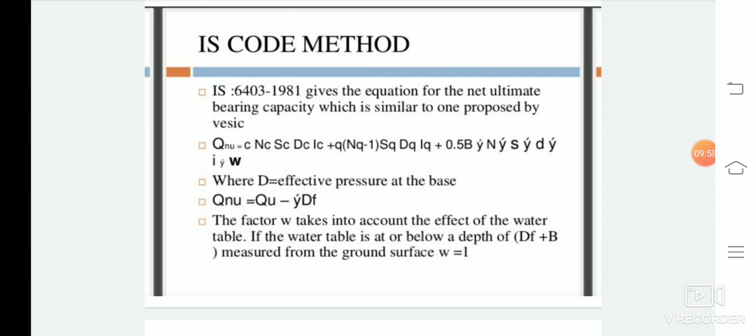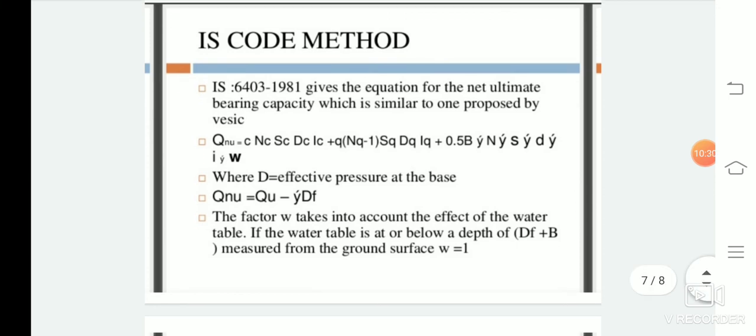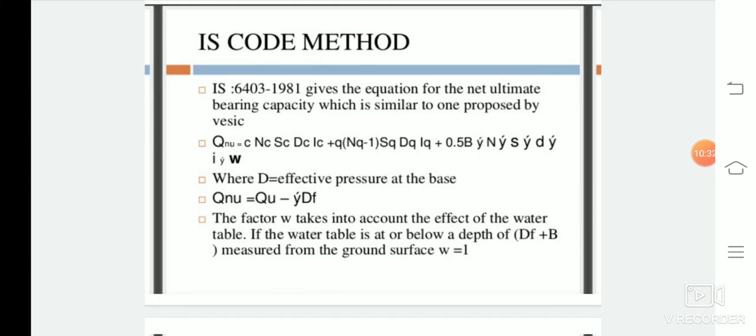And what will be the value of the depth factor? The depth factor dc will be equal to 1 plus 0.2 d by B root over N phi. dq and d gamma will be equal to 1 if the angle of internal friction is less than 10 degrees. And dq and d gamma will be equal, with value 1 plus 0.1 d by B root over N phi, where the angle of internal friction is 10 degrees and more,